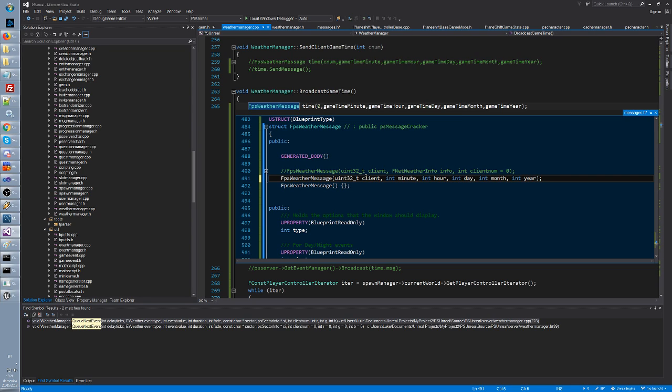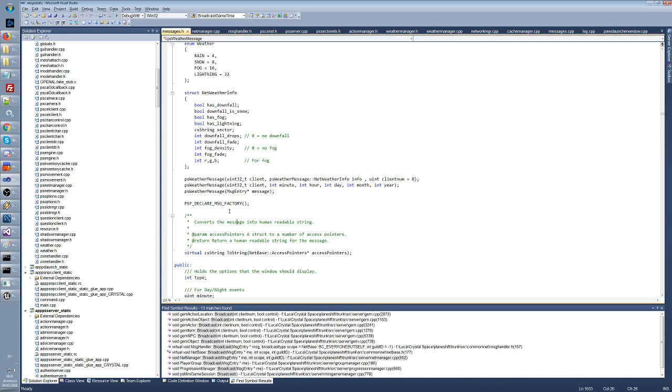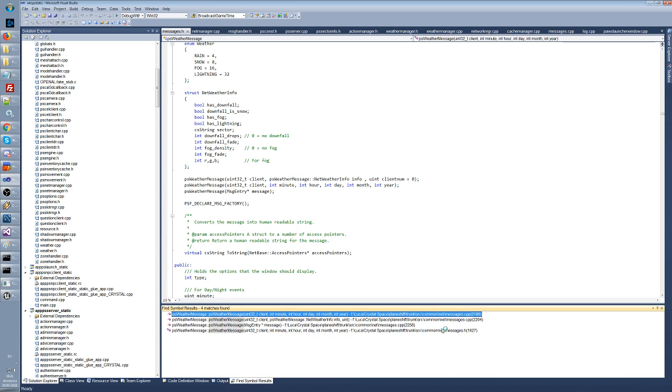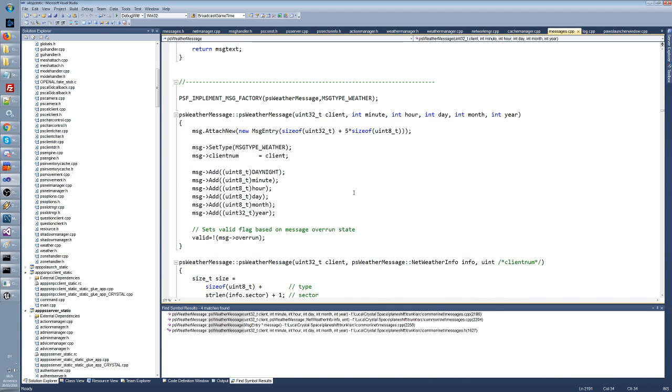We could create it like this, excluding client, which is this one, yes, right? And this one is doing nothing else than setting the type of weather. We don't care. Doing this and this and this and this and this. I mean, it's pretty simple. So